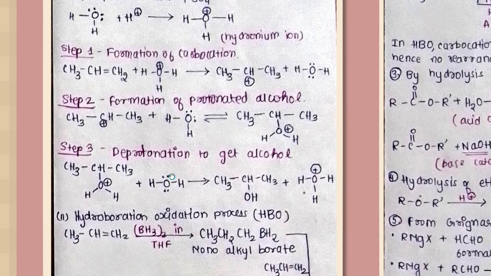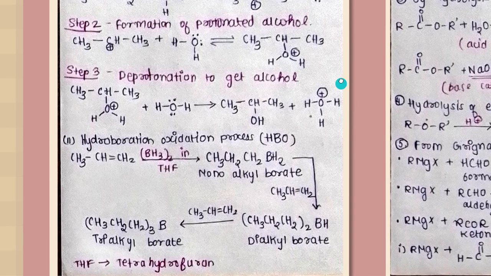Here it is very, very important to also show the plus sign on each oxygen and plus sign on the carbocation as well as the electrons on those oxygen atoms, right? So we will react it with oxygen and H2, that is water molecule, and we will get finally our alcohol, that is CH3, CHOH, CH3 plus our protonated alcohol that we used before, right? So whatever we took in, we got it out as well, right?